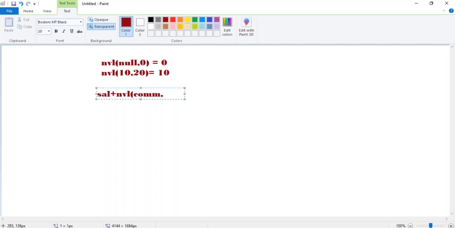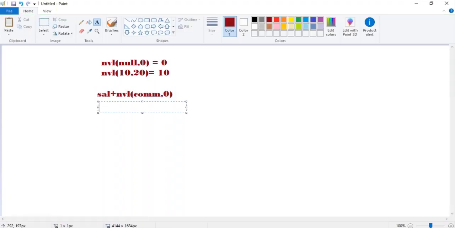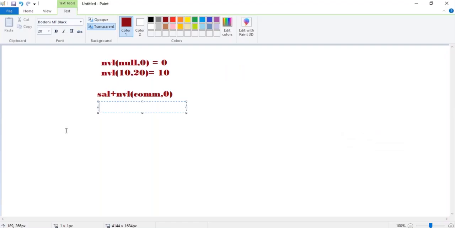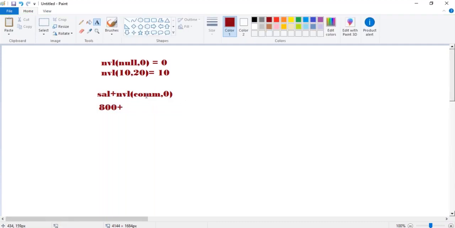What is the first record? 800 salary plus NVL of commission and 0. NVL has two expressions. If commission is null, that means the first expression is null, then it will return the second expression, right? Then it will return 0. Now 800 plus 0 becomes 800.